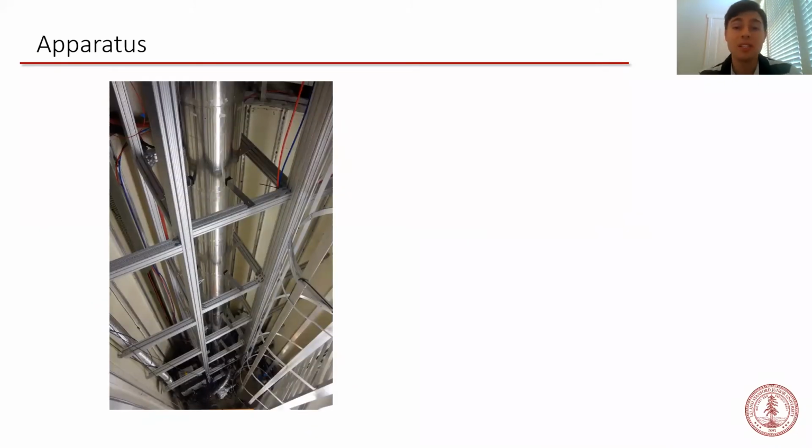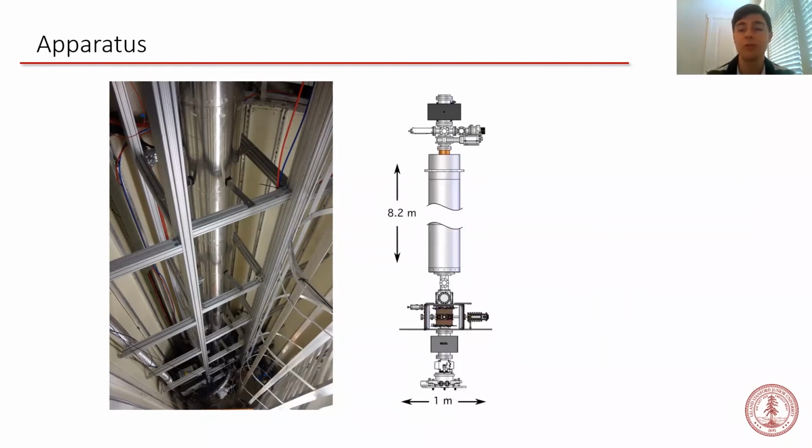Our apparatus is designed to enable a long interferometer time by allowing the atoms to freely fall for up to 2.5 seconds in a 10-meter tower. This is a picture of the tower, which is located in a pit in the basement of the laboratory. Here you can see the magnetic shield that surrounds the vacuum chamber in which the atom interferometry sequence occurs. We can climb down into the pit by using this ladder shown here. The atom source for the interferometer is located at the bottom of the pit.